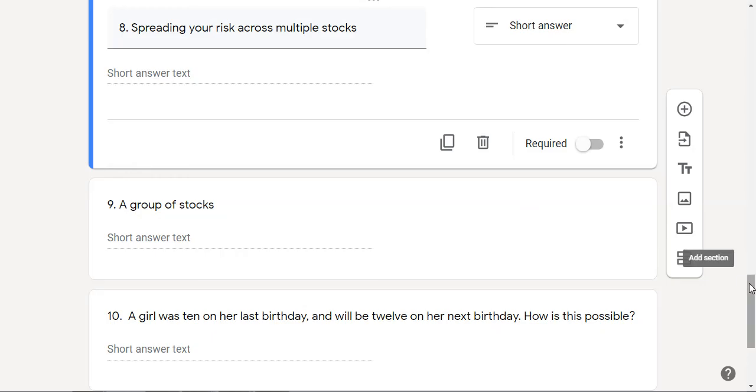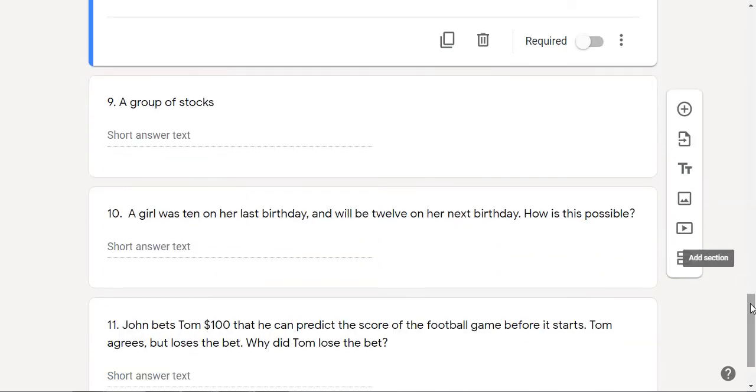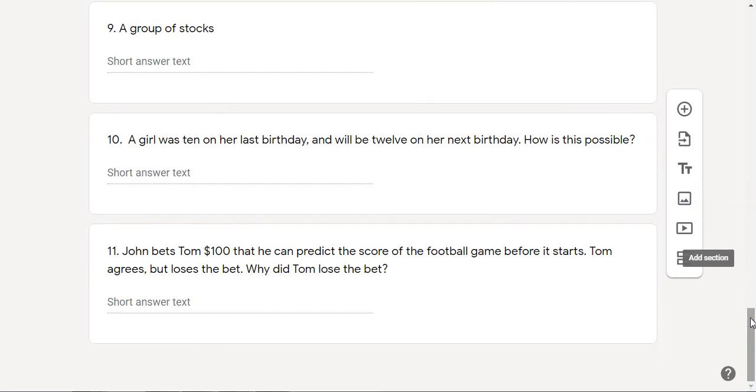Okay. A girl was 10 on her last birthday. When will she be 12 on her next birthday? How is this possible? This has nothing to do with personal finance. Just logic, right? Well, can you guess what the deal is there? It's her 11th birthday. Which, by the way, yesterday was my birthday. You notice how I said that because I don't want you to know I'm 50 something. Okay, that was yesterday, March 31st. Anyway,